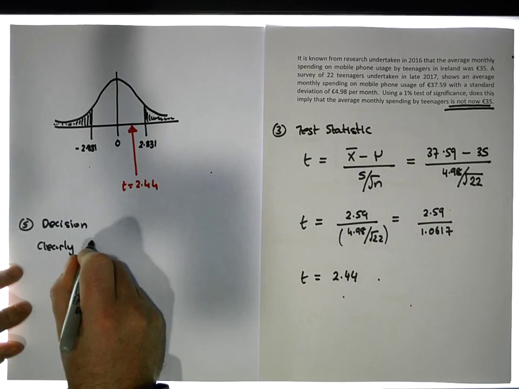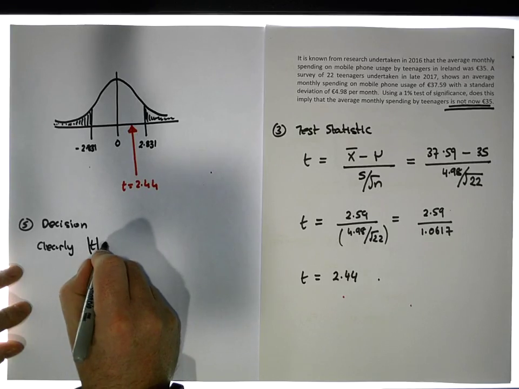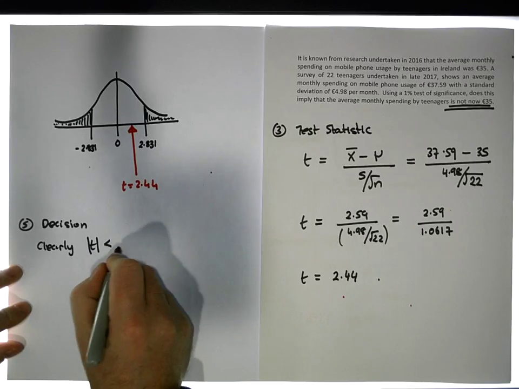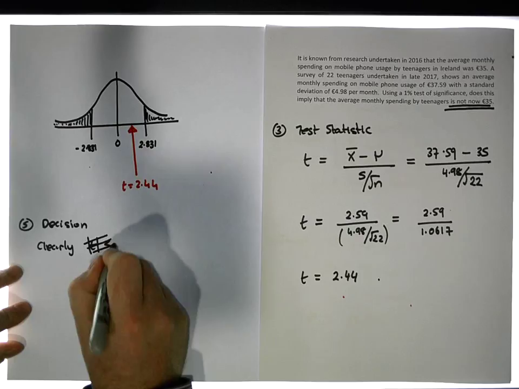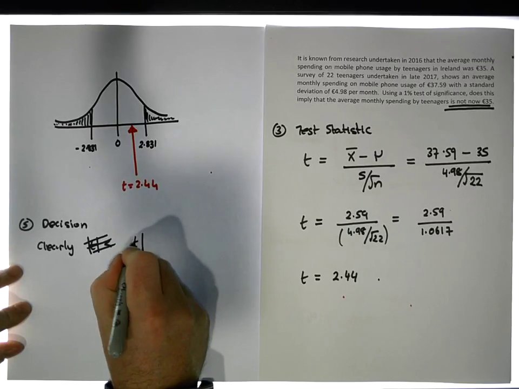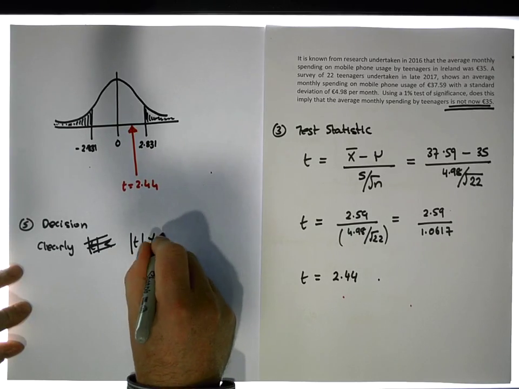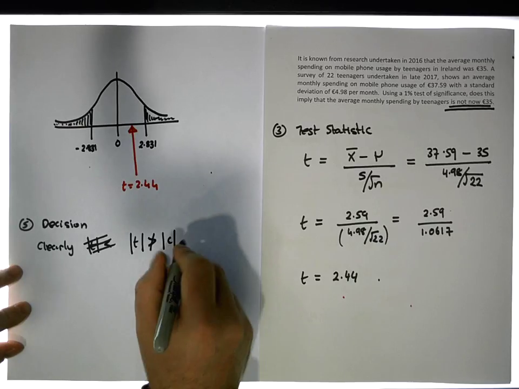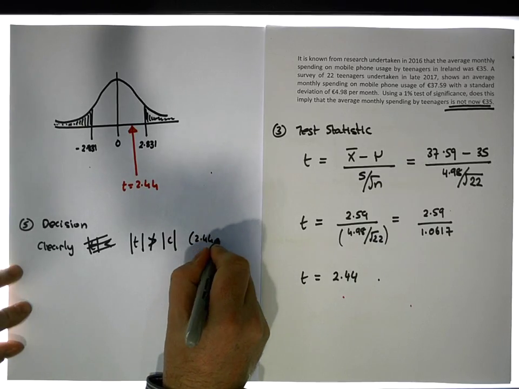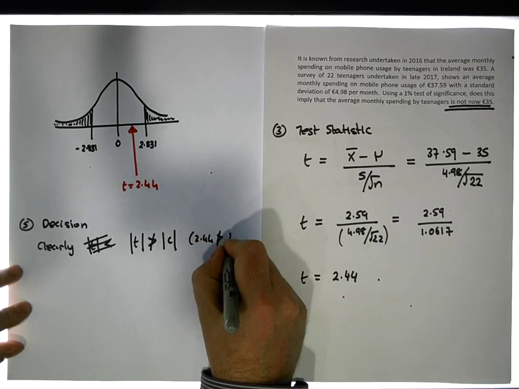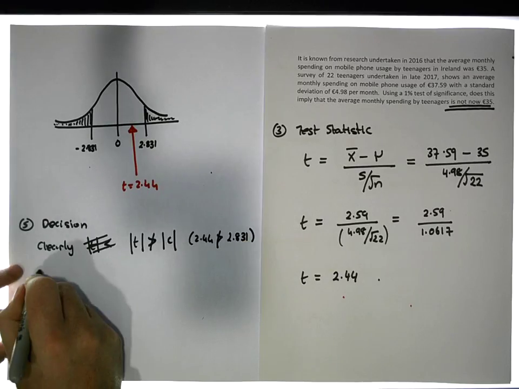Clearly the absolute value of our test statistic is not bigger than the absolute value of our critical value. What I mean by that is 2.44 is not bigger than 2.831, and as such